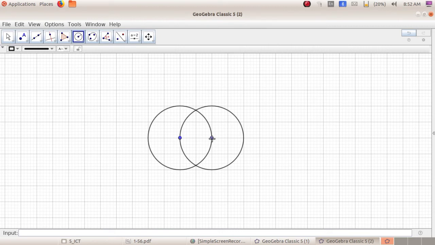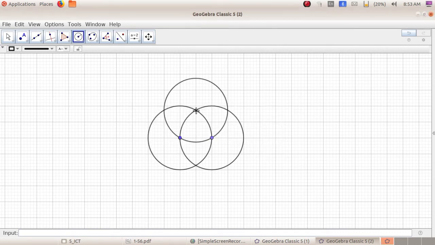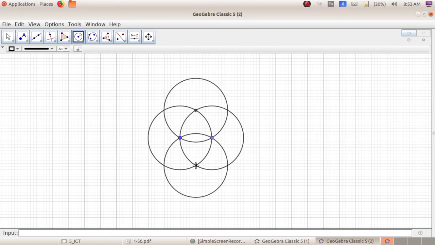Now draw a circle of the same radius at the point of intersection of the 2 circles. Here is the intersection of 2 circles. Here also you can see the intersection of 2 circles. Now I am clicking here and giving the same radius as 2. Here also you can give. Draw all the circles and complete the figure.